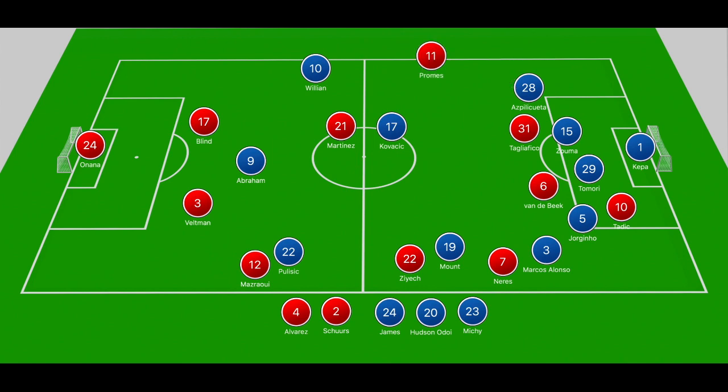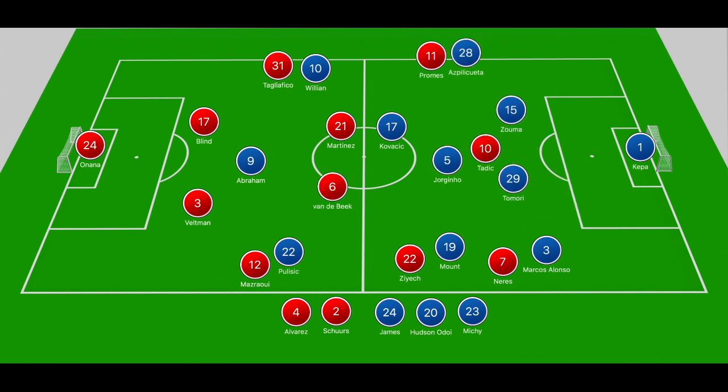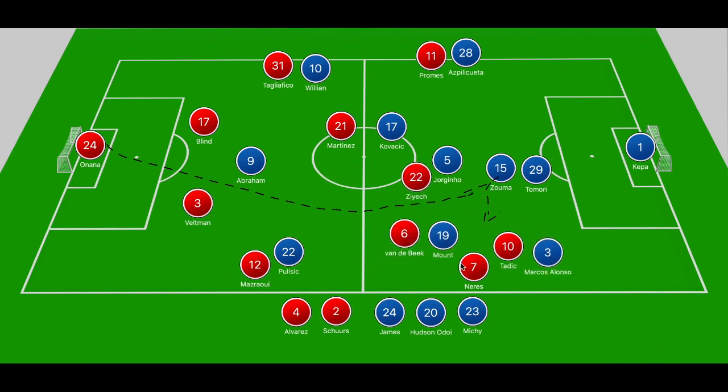But even when we look at the build-up to the third goal, we do see more direct football from Ajax. So when we look at it, it's Onana clipping the ball into Tadic, backing into Zouma, and Zouma does well to get a foot on it to poke it away from Tadic, and it ends up hitting off Tadic and falling to Alonso. When Alonso pulls out into that channel, you end up having Tadic stepping towards him to ignite that press, and we end up seeing Alonso clearing the ball off of his teammate Mason Mount, and it